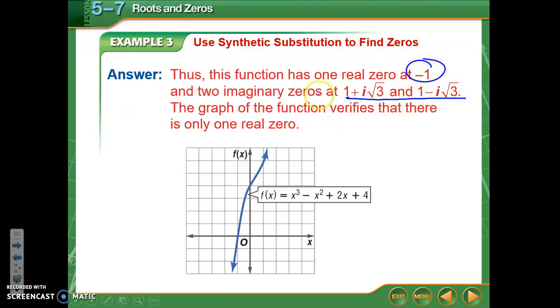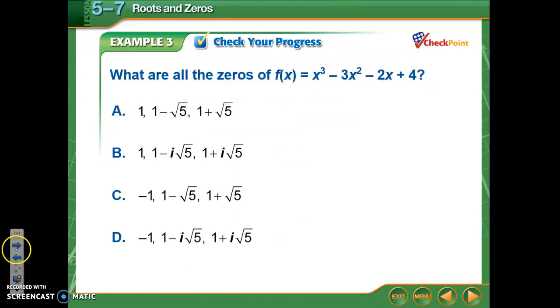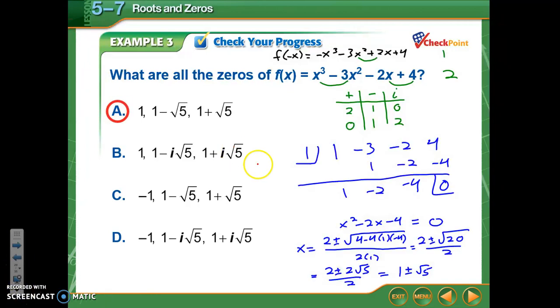Notice that was one of the combinations in my table. Okay, so I want you guys to do the same thing with this one. All right, your answer here should be A. And here's the work. Notice we ended up with 2 positive zeros and 1 negative 0. We will finish the last part of your note